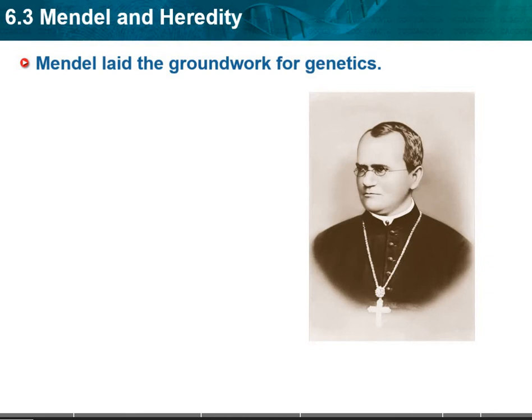They had other jobs that they're supposed to do, and one of the jobs that he chose to do was work in the garden of the monastery, and he wanted the plants to be a particular way. And so he was very meticulous about his notes and information that he wrote down on how he ended up getting the plants to be the way that he wanted. And he was basically figuring out genetics at the time.